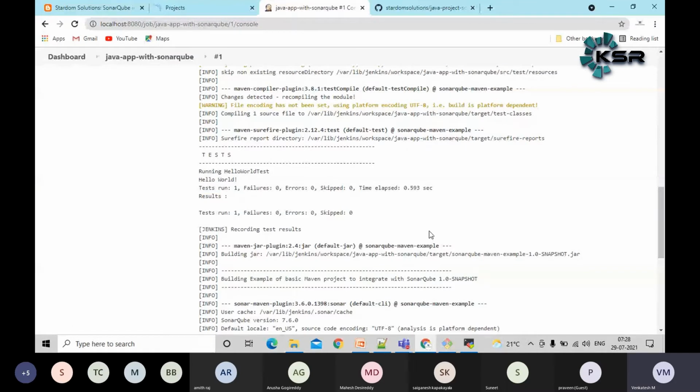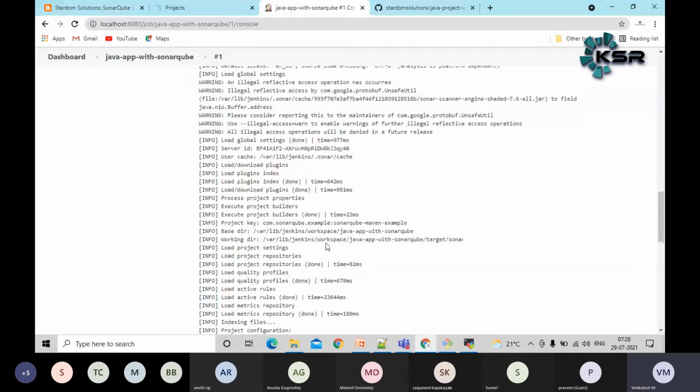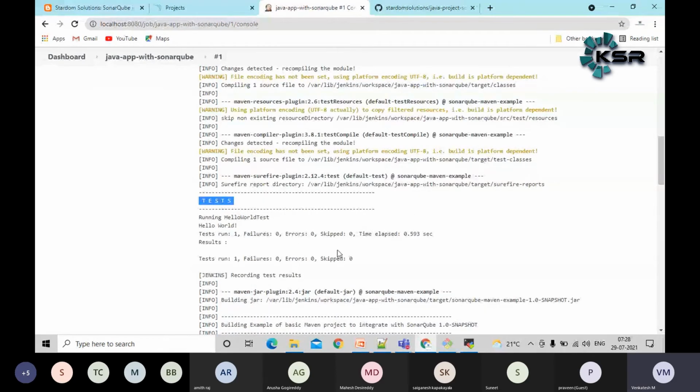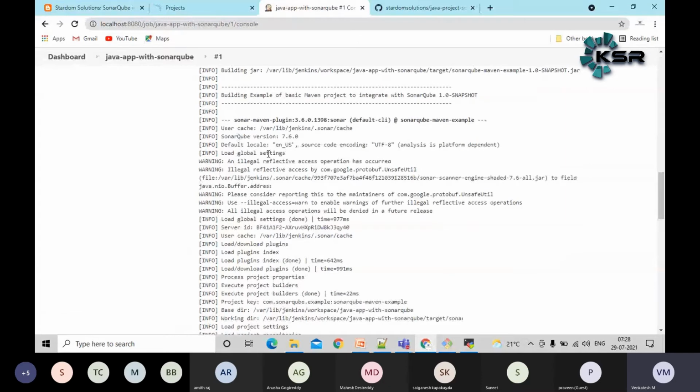In the agile methodology, when you create a user story and want to close it, you need to attach all these metrics. Not only the feature development, you also need a set of unit test cases, guys. You need to run the unit test cases and you need to run this SonarQube analysis. When everything has succeeded, only then do you mark it as done. Now, once the test case execution is completed, it is going to invoke SonarQube, guys.